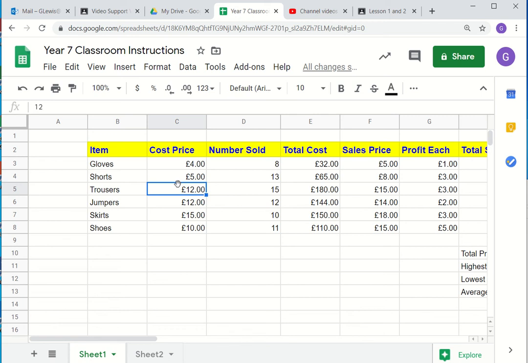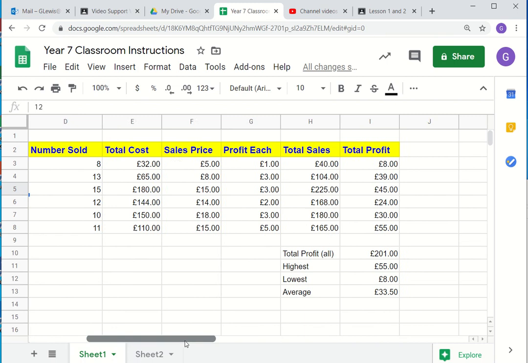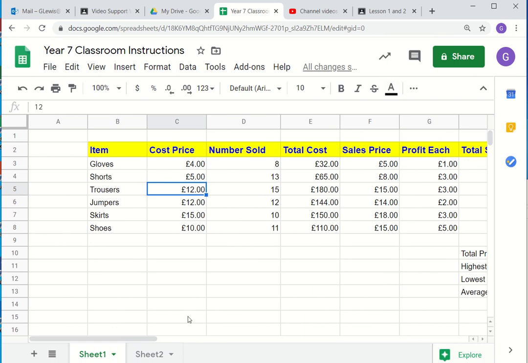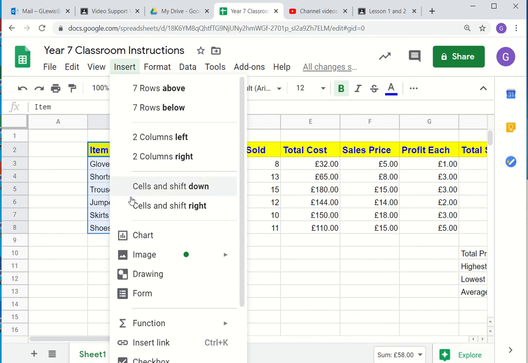Now, once we've got all the data done in the spreadsheet, I can zoom out and zoom back in if I want to see the whole of the spreadsheet. However, what I'm going to do is highlight the first two columns here using the column heading. So if I highlight item and all the way down to £10, then I'm going to insert a